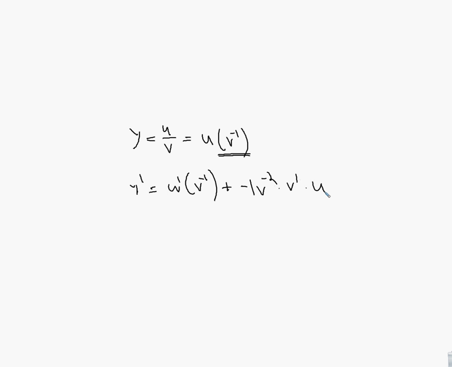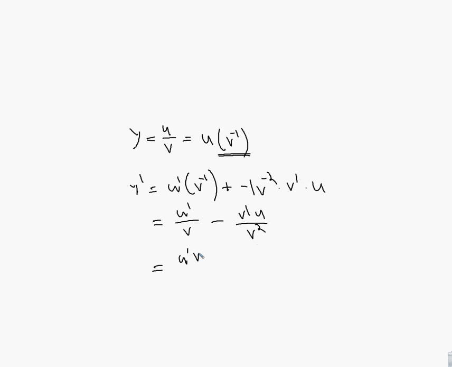Okay. So I'm going to simplify this. V to the negative 1 can be written, so we have u prime over v minus, because there's the negative, and I don't need that 1, so it's going to be v prime u over v squared. This is sort of an alternate quotient rule, but to make it look like our familiar quotient rule, we can multiply this first fraction by v over v, and we get u prime